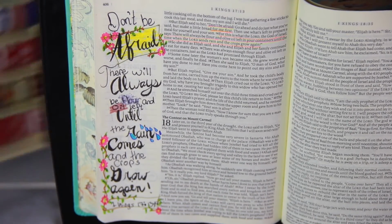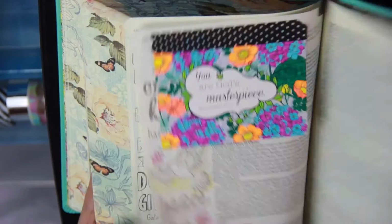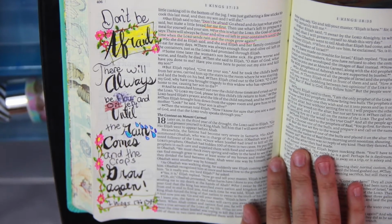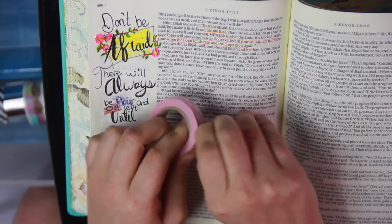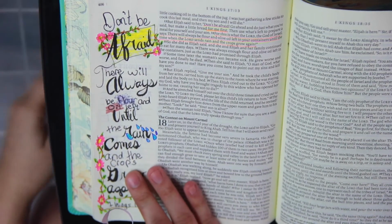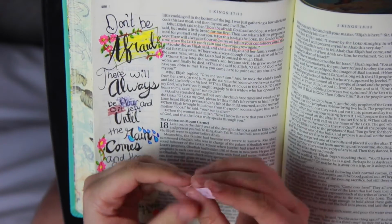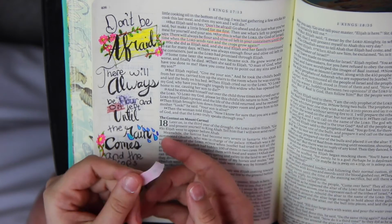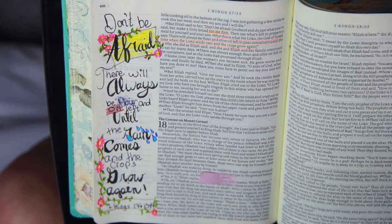So, the next thing I need to do is create a tab. So the last time I made a tab with this dark washi, and it didn't work very well because you couldn't see what I'd written on it. So I think I'm gonna whip out this pink one. And so I'm just gonna take it and take a small strip like that, tear that off. And then I'm just going to take it like so, fold it, and I have a tab. And that's all cute. So I'm just going to take it and stick it down there for now, and I'm going to grab a